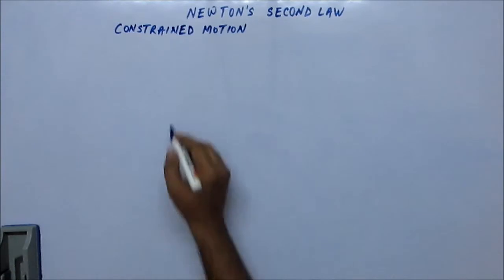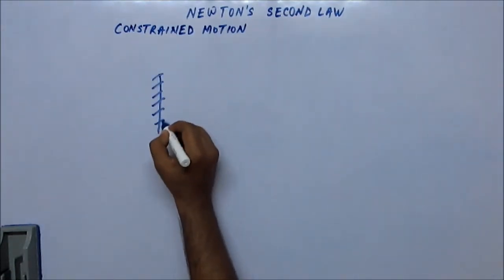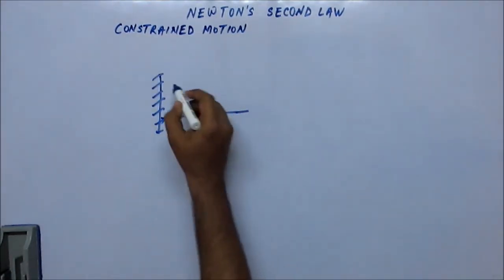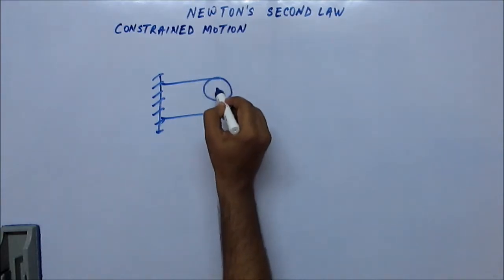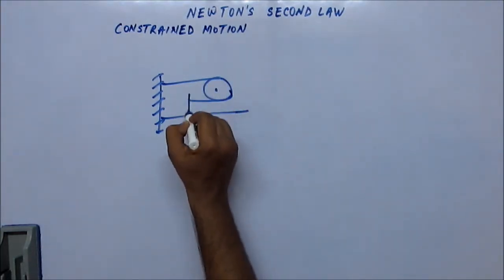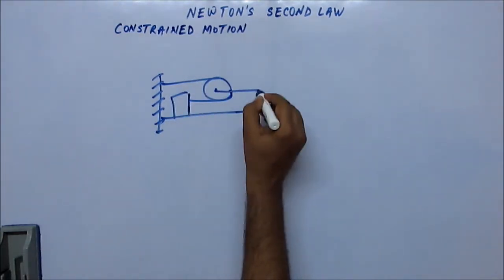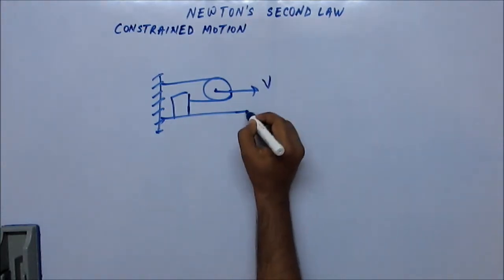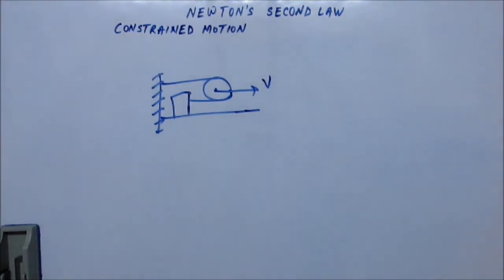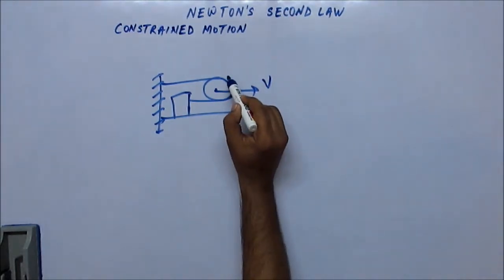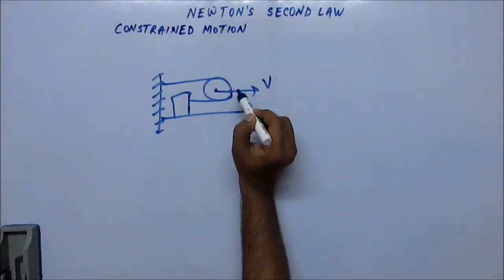Okay, let's move ahead and let me ask you, and you very quickly tell me this. This pulley is going with velocity v, and the whole thing is frictionless. What do you think will be the velocity of the block? The velocity of the block. Now, in order to see this mathematically, what you should see is